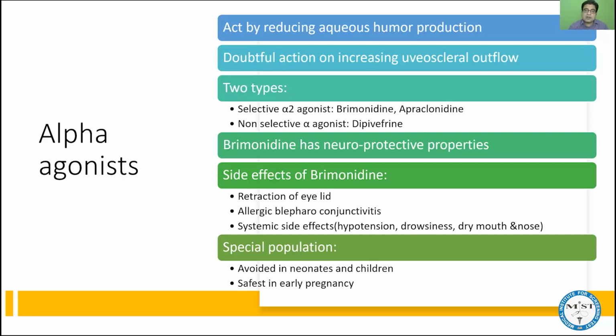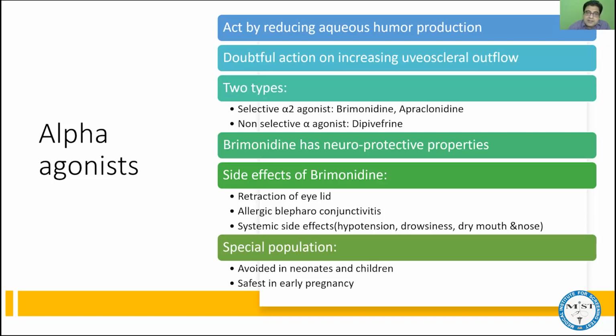Like Dr. Anuradha has already explained, in patients with glaucoma, nerve damage or neurodegeneration is one of the important aspects of glaucoma because of high pressure. Now, brimonidine eye drops can also provide neuroprotection and can prevent damage to the retinal nerves. But whenever we give brimonidine eye drops to a patient, this medicine can cause contraction of smooth muscles of the eyelid and lead to retraction of the eyelid.